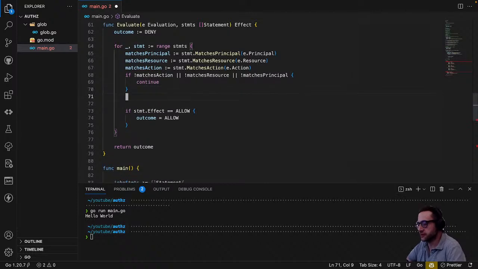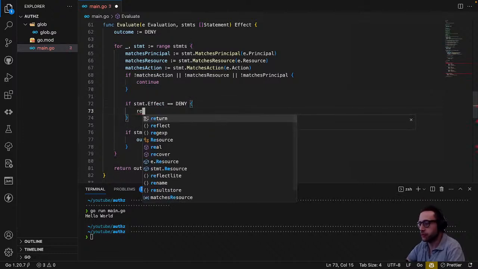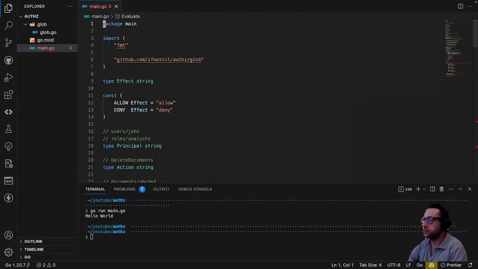So what we can do is if statement dot deny, no, I'm talking about equals deny, then we want to return immediately the deny. Because we need, look, by default, let me put it here,